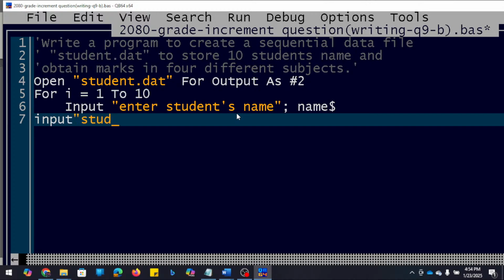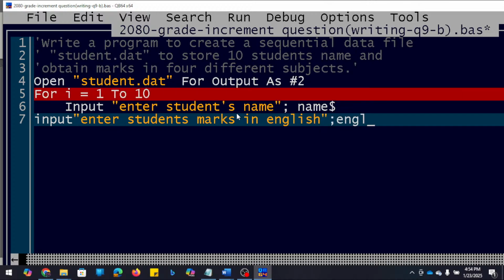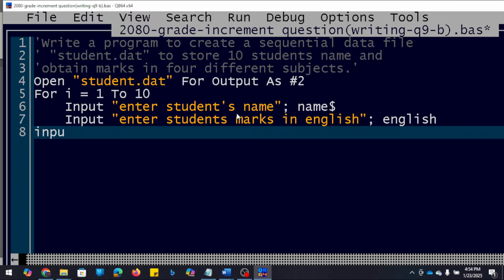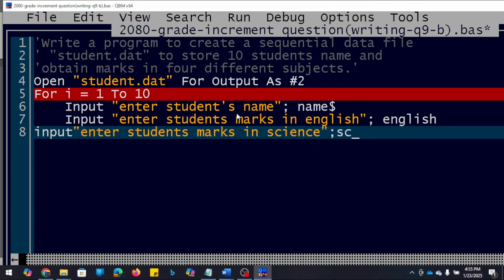input students name. Students marks in 4 different subjects. Marks in English, so ENGLI English, input enter students marks in science, so SCIN science,